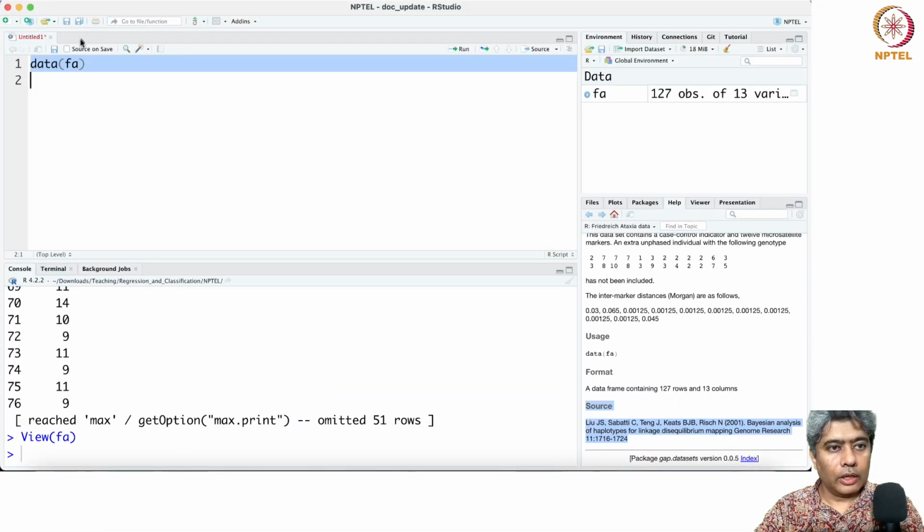Hello all, welcome to the hands-on exercise for this week's. In this hands-on exercise, we are going to do some logistic regression analysis using Julia from genetics datasets that are available in R. So first, I am going to start R. In R, you have this